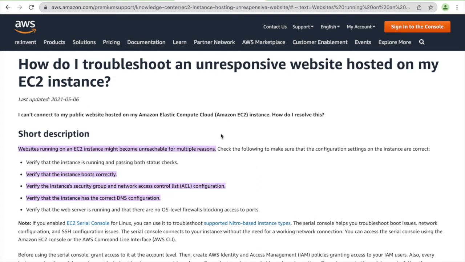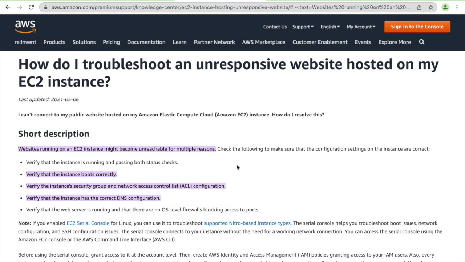Okay, so first things first, this is going to fail anyway. This is taking a lot of time, so it is waiting for the TCP timeout. So it will fail eventually. But let's proceed with this blog. When your website is not rendering your pages, or your web server is not working as expected, this can happen for multiple reasons. It's unreachable for multiple reasons, that we understand. So first thing, you should check whether the status of your instance itself is good, and where you can see it. We'll just go to the console now.